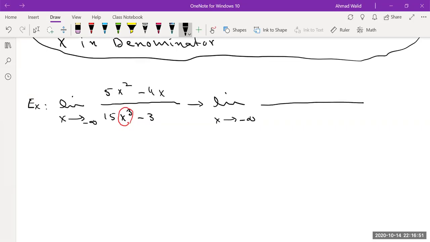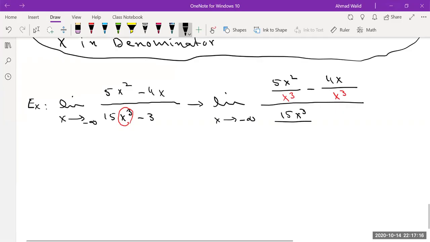Fraction bar. 5x squared, divide by what? The highest exponent. I'll change the color for you: by x cubed. Minus 4x over x cubed, all over 15x cubed over x cubed